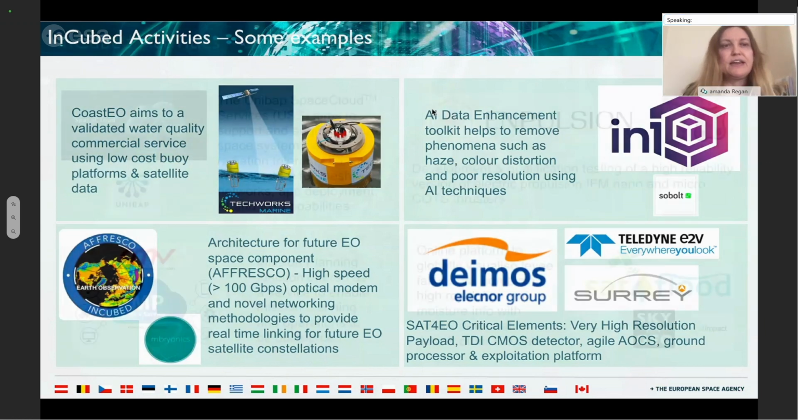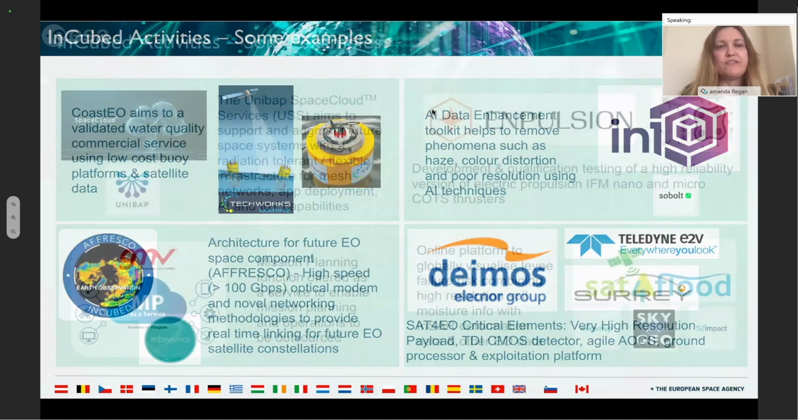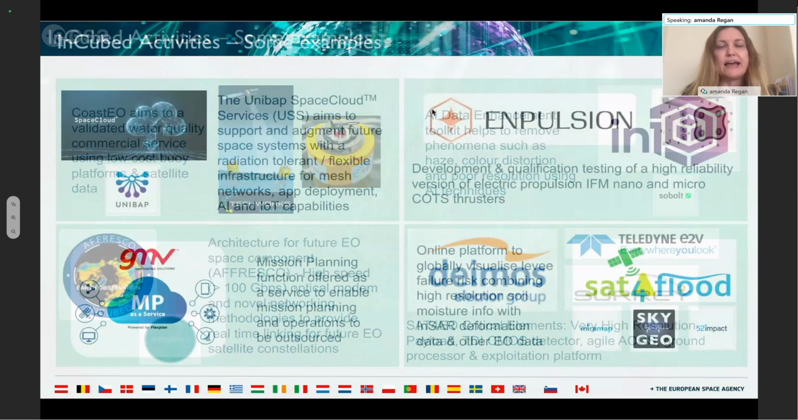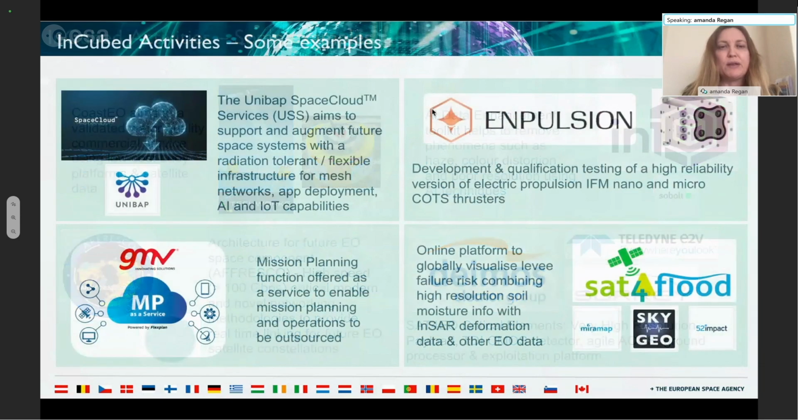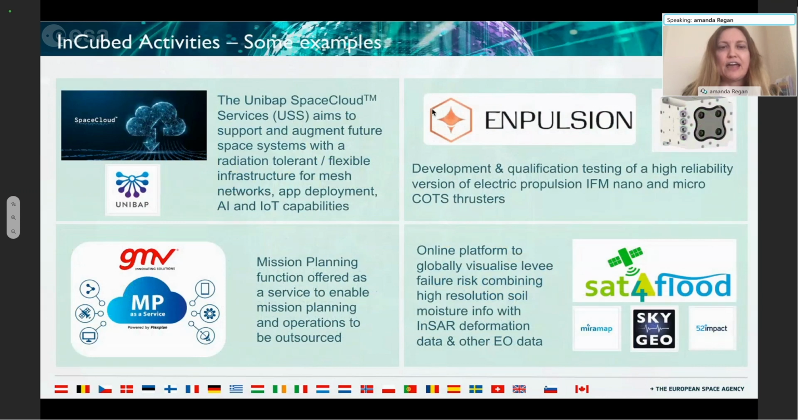And then finally, we have a Swedish development called the Space Cloud, being developed by Unibap. And this is really looking at developing a mesh network and an app deployment for AI and Internet of Things capability. Impulsion, they're actually using InCubed to qualify their micro and nano electric propulsion thrusters, so that they can actually have a full